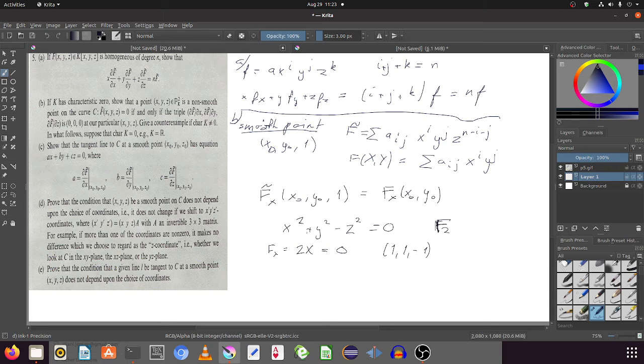Oh, it's if and only if. I didn't get the only if bit. I only got the if bit. So we have to show one which is non-smooth. So the, aha. So now I understand it. It's the other way around. If it's a non-smooth point, then we need to show that